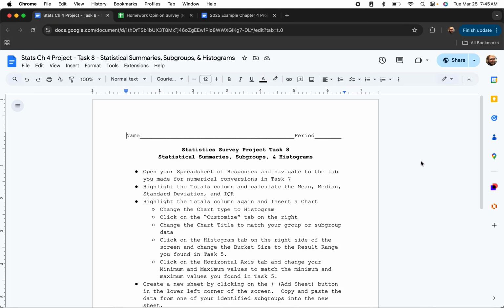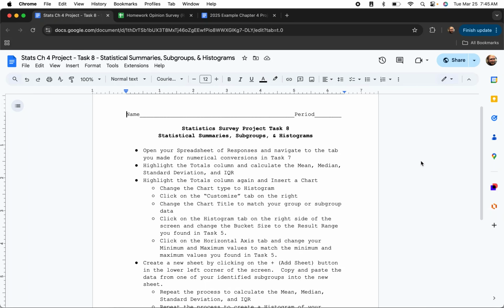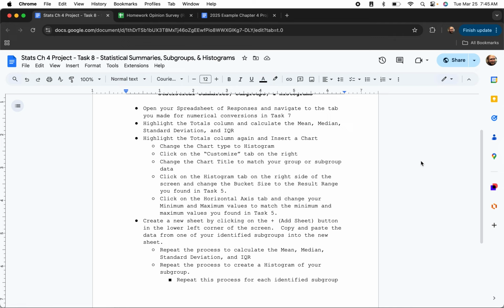Task 8, finding your statistical summaries, your subgroups, and your histograms. So this task is again going to use the spreadsheet from our responses. We need to find the mean, median, mode, standard deviation, and IQR. We'll talk about how to do those, but if you need the directions, these are the directions here for finding